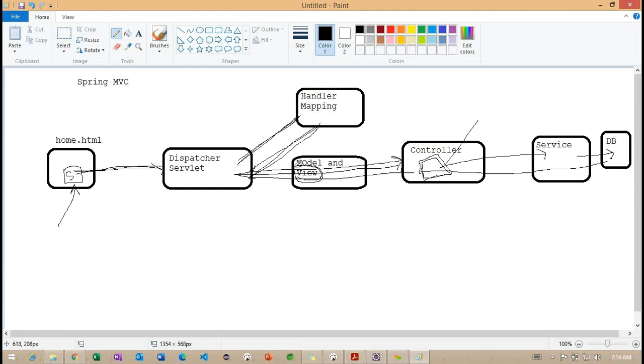From the controller, we are constructing the model and view object. Inside the model and view object, we need to provide the view name, and the information we want to provide inside the view, we construct as a model object. So finally, from this controller class, instead of returning the raw data, we return the model and view object. Based on this model and view object,